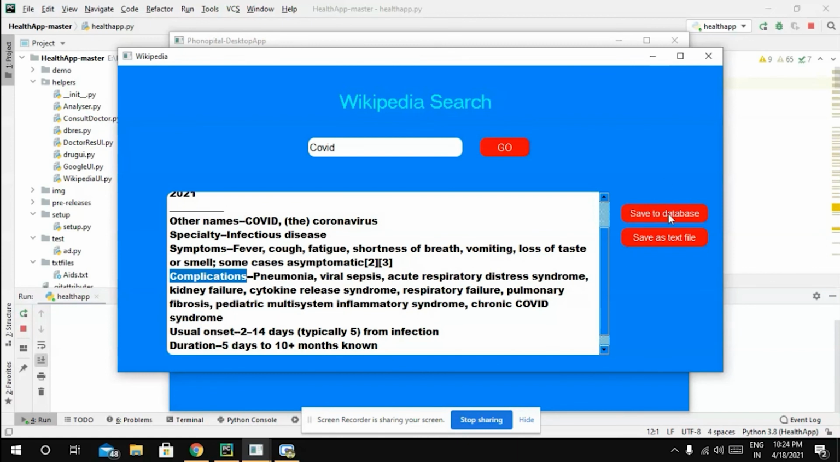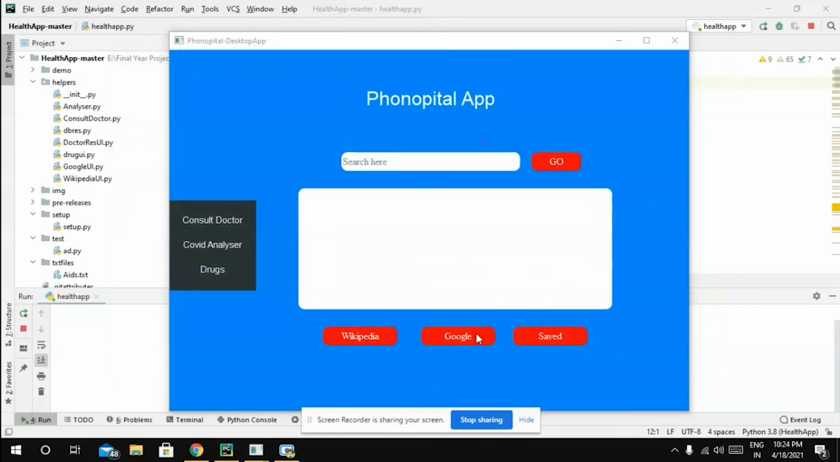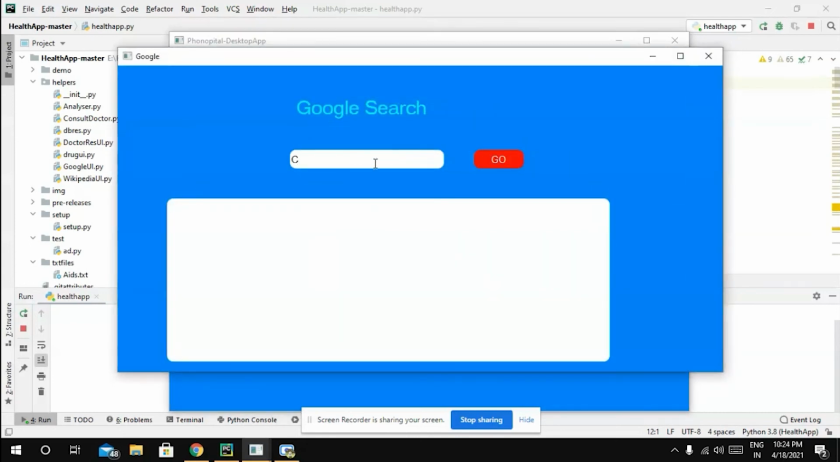And another option we have put in is save to database. We can also save it in the database, or even as a text file to forward to another person. The other one is the Google feature, which basically shows the current